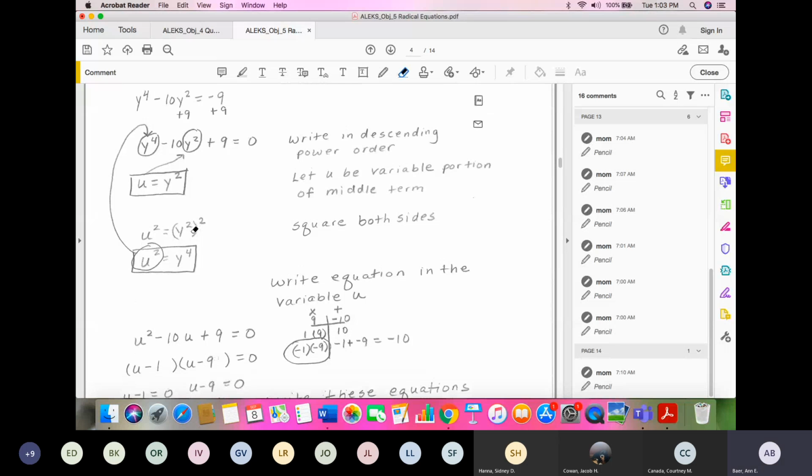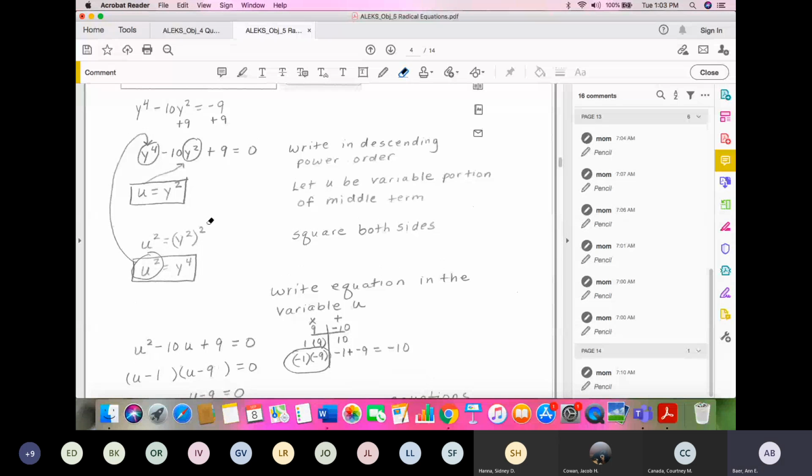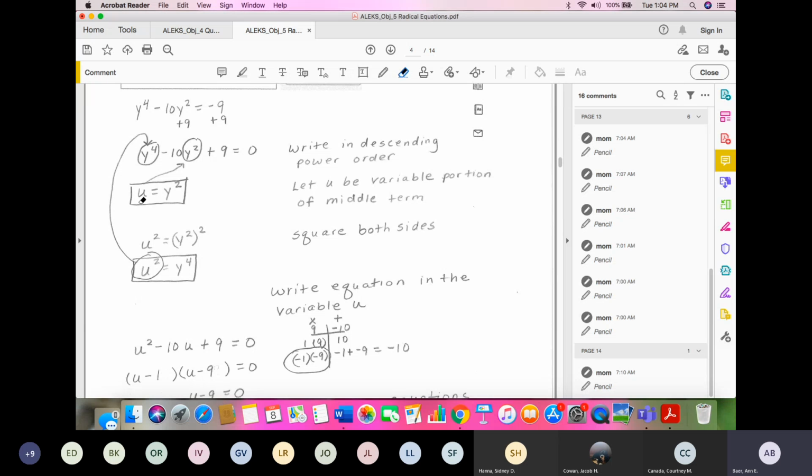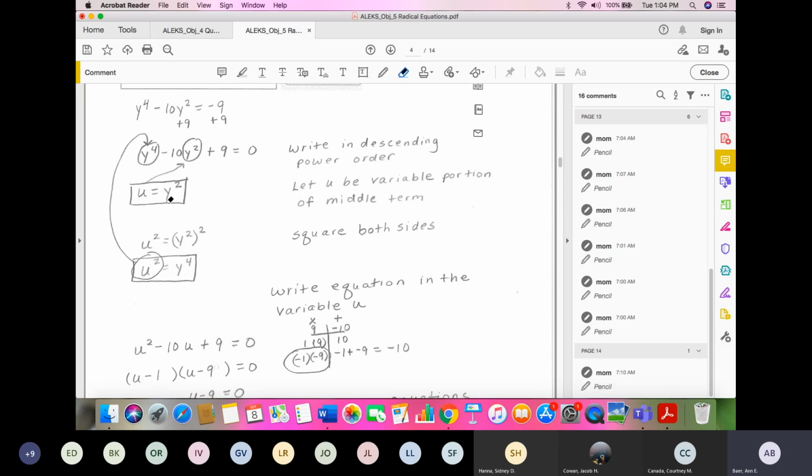Y squared really means we have, you can look at it from an exponent or power point of view. If you have a power raised to a power, you multiply the exponents. That would give us 2 times 2, which is 4. Or you could look at this as, I need 2 of the base. 2 of these y squareds multiplied together. But each y squared is y times y. Then we have another y times y. So you're going to get y to the fourth, if you look at it that way too. So now we have these 2 relationships between u and y. U equals y squared, and u squared equals y to the fourth.